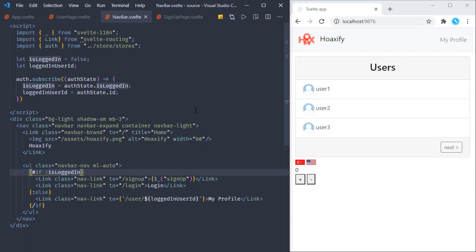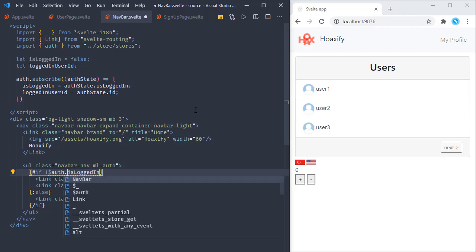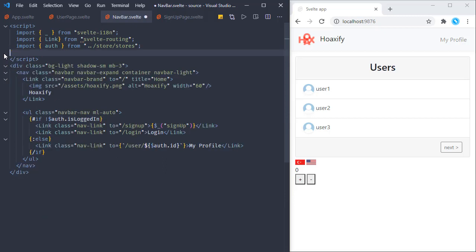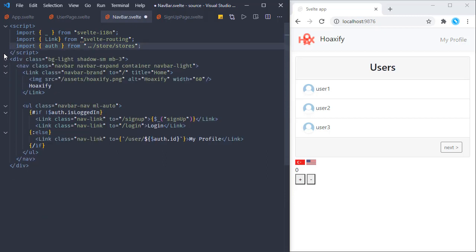The is logged in is coming from this auth store's is logged in parameter, and similarly this logged in user ID is coming from auth ID. Now we don't need this part anymore. So saving this,